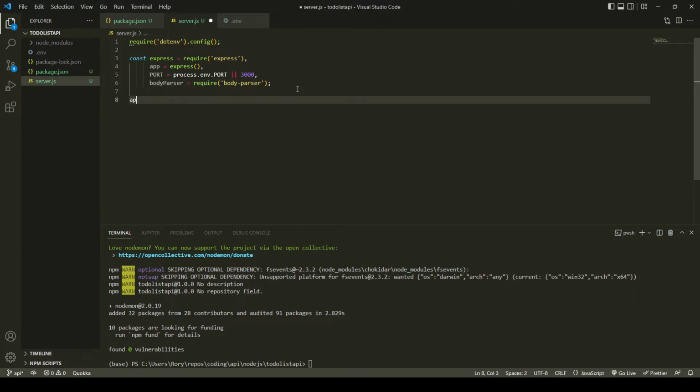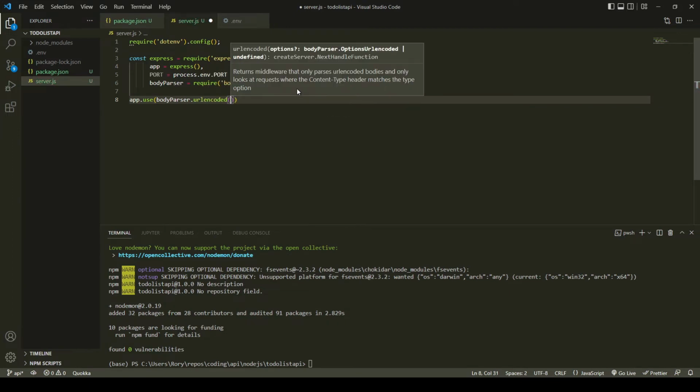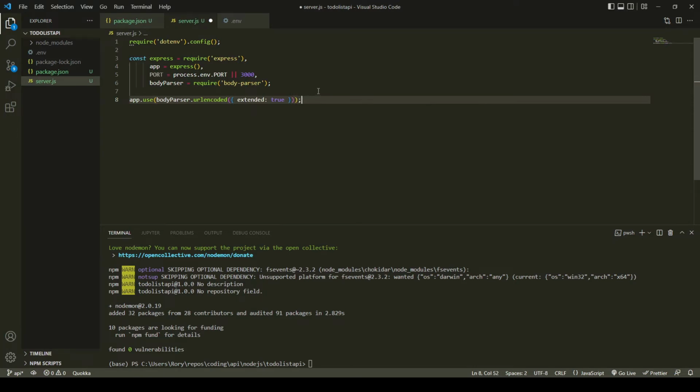Next, I am going to type app.use body-parser.urlencoded, and I'm going to pass in an object with a key extended and value true. What this does is this is saying, hey, use this middleware. So a middleware essentially intercepts an API call and then runs some piece of functionality beforehand. So this could be appending like a request time to the call and then passing it on to whichever route it's supposed to hit. Or in this case, we're saying, hey, use the body parser package to